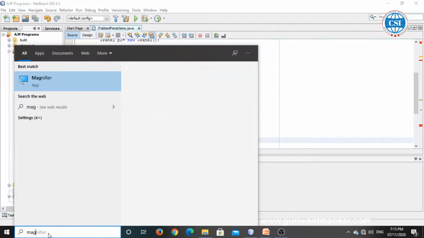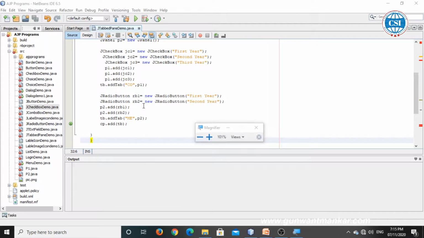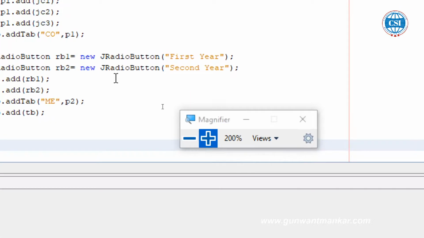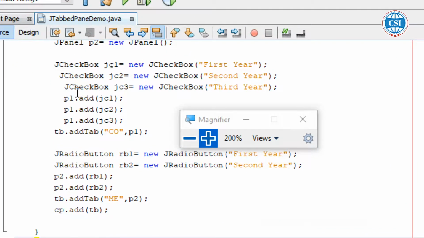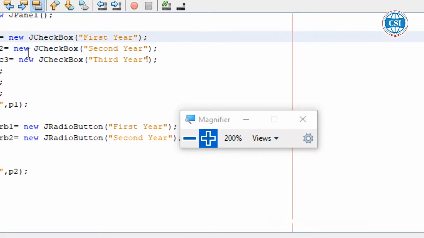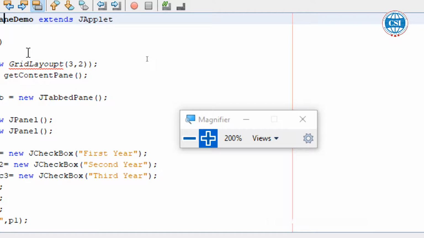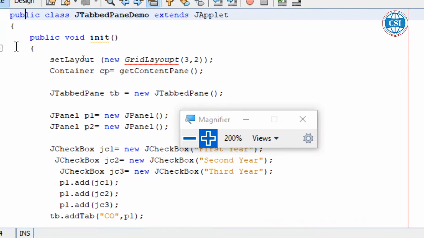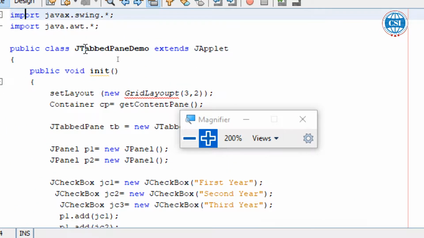I am just going to magnify it, so it will show you a proper display. Now see the program.